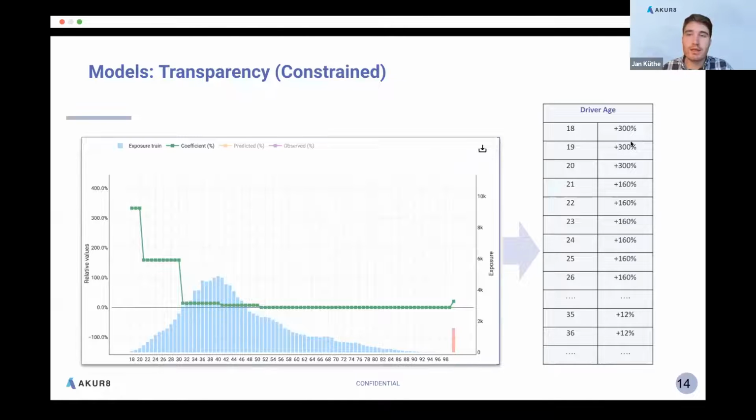For example, indicating that the very young drivers should get the maximal relativity that would be admissible here, with a surcharge of 300%.